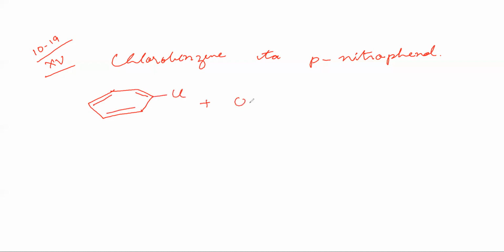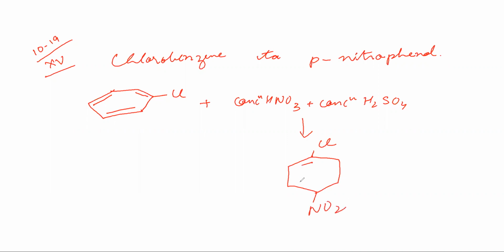If I add concentrated nitric acid and concentrated sulfuric acid, H2SO4, then nitro enters this particular position. Okay, after this, simply if I add aqueous solution of sodium hydroxide or potassium hydroxide in presence of acidic solution,